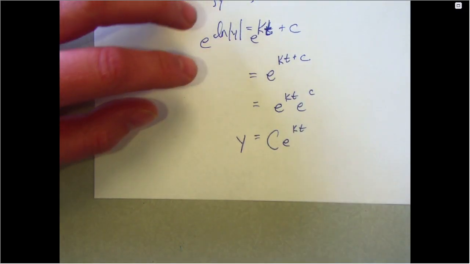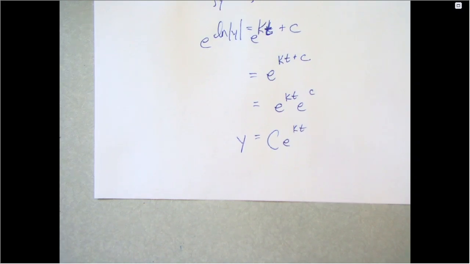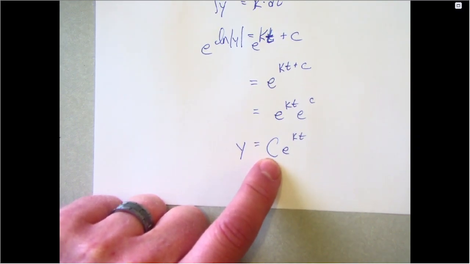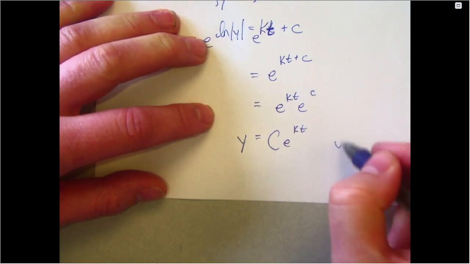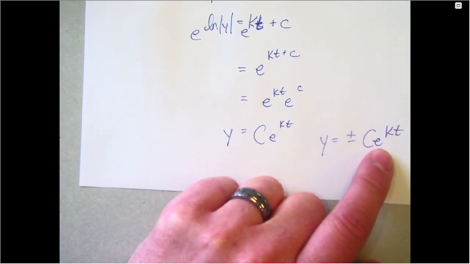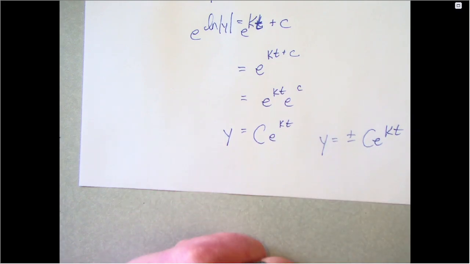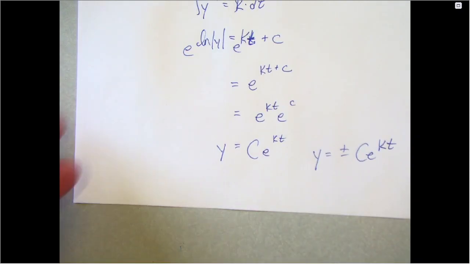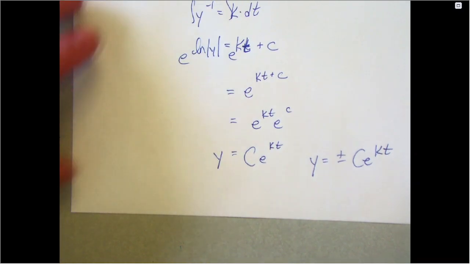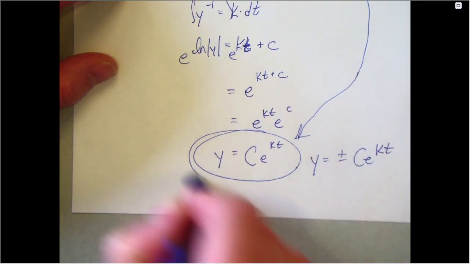So when I had a specific solution, like f of 0 equals 3 or whatever, then I need to know if it's positive or negative. But the positive or negative here is inside of the c, and we just don't know it yet. So is this correct? Sure. But is there any reason to write the plus or minus? There is a reason to write the c. There's not a reason to write the plus or minus. So two things. I wanted to clarify that ln situation. And also I want you to realize that if you see this,